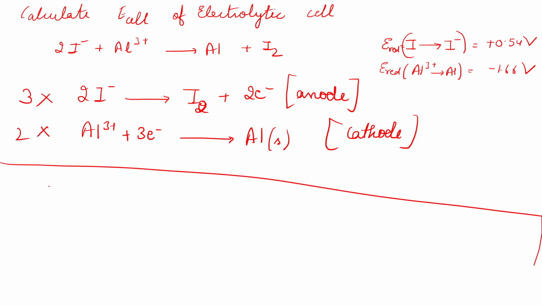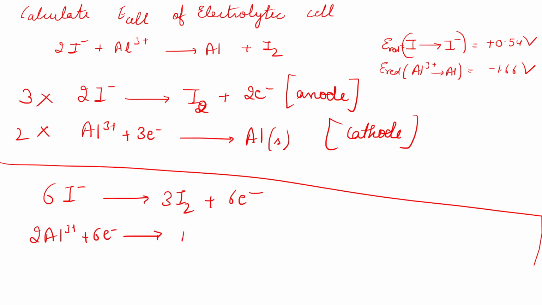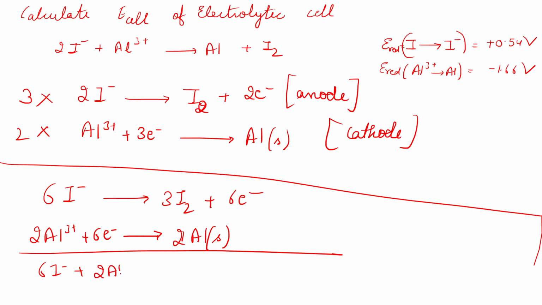So overall you will have 6I minus converting into 3I2 molecules with the release of 6 electrons, while 2 aluminium 3 plus ions gain 6 electrons and convert into 2 aluminium solid. So you will have 6I minus plus 2 Al3+ converting into 3I2 plus 2 Al. So the E cell for the reaction is E cathode